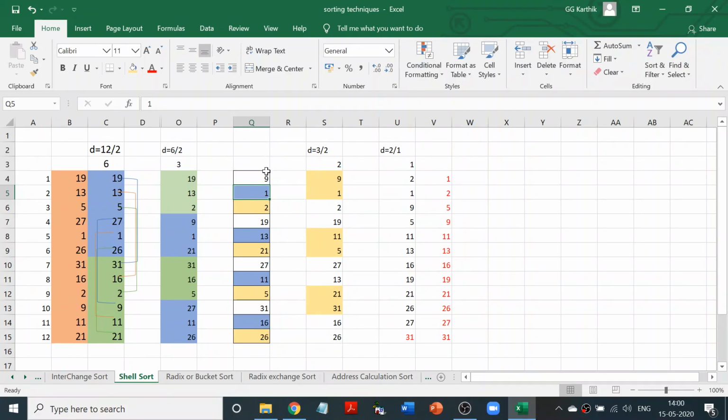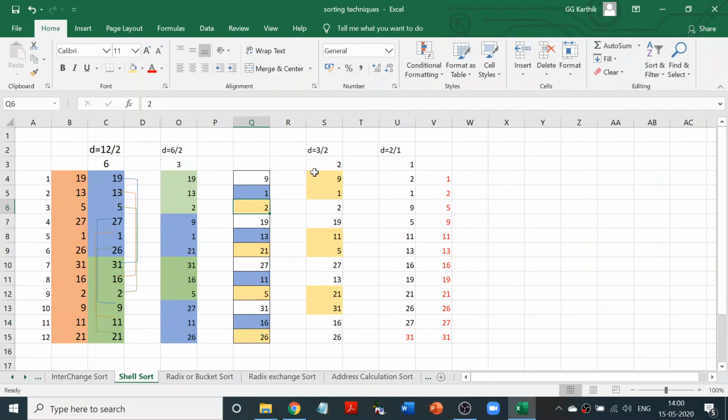Right, and then you make sure after comparing it you write it here, and then make sure that all the ones here, for example, are they in sorted order. If they are not in sorted order, please sort it. Okay, then all the twos you will compare and see whether they are all in sorted order. If they're not, sort them, then threes and so on.